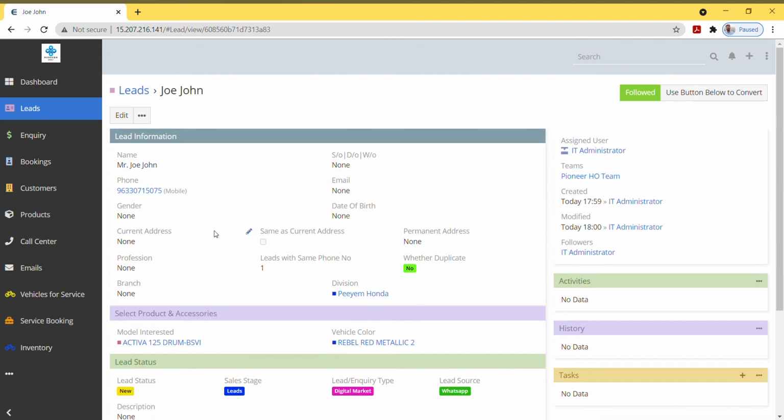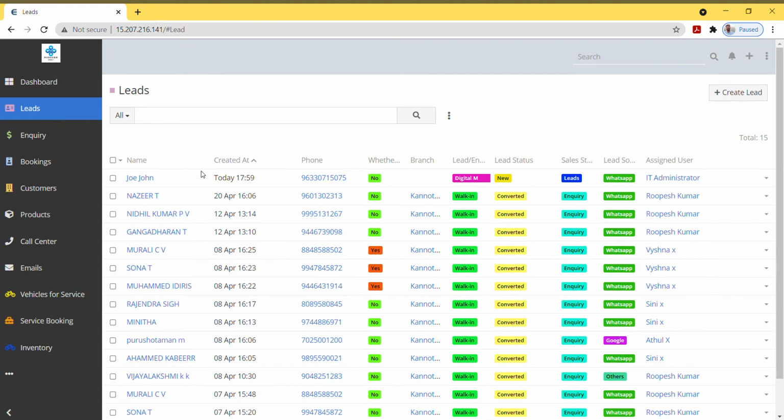Now we can go back to the lead list. See, once you have entered the new lead, the total number of leads is now reflecting that extra lead that we have added. In this list also, there is a search panel on the top where you can search any detail that you require.